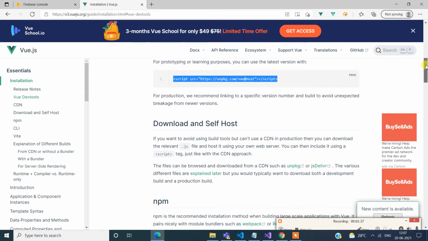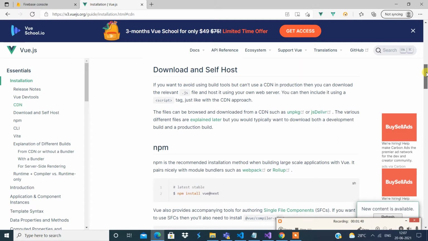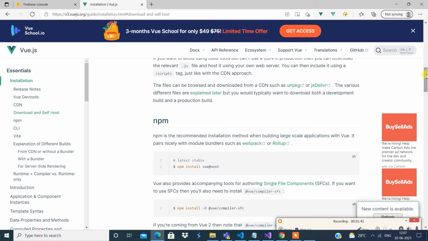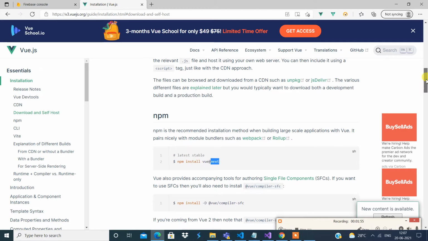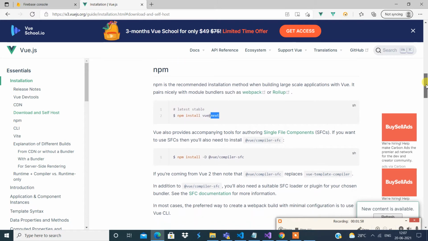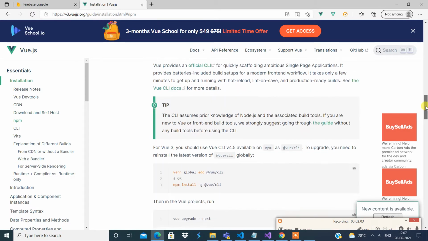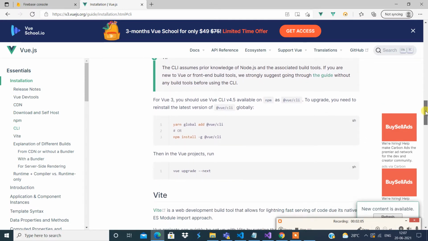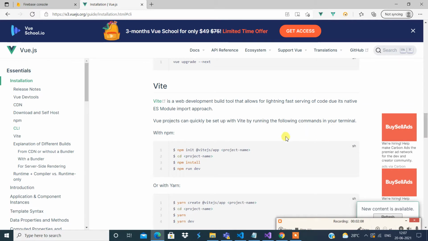Now for our best utilization of Vue, we want to go with npm install. This is the command: npm install vue@next. You can specify the version over here. Instead of next, you can specify a specific version. Now we have installed the latest version, that is 3.3 plus, I believe. Yeah. After this, probably you can install Vite, which helps in quicker building of Vue apps. Now after installation,